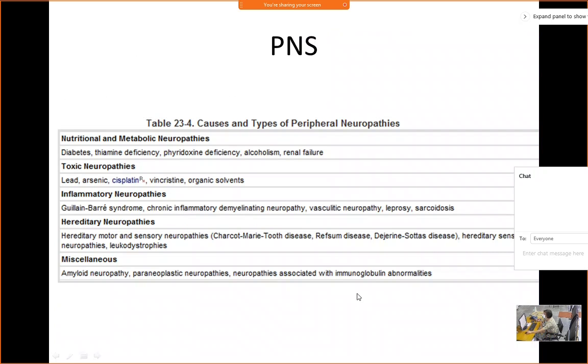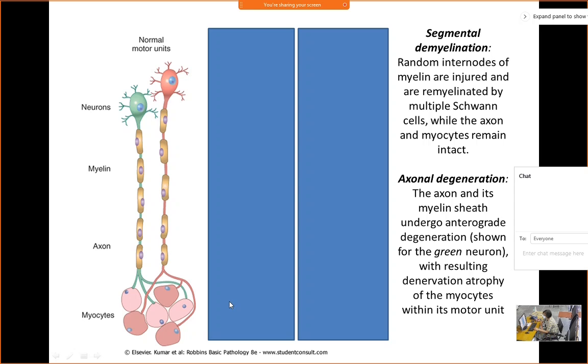So that was about soft tissue tumors. I just touched only on the lipoma part. The peripheral nervous system, here there are many types of peripheral neuropathies, which you may go through your book if you wish. This is just for general knowledge. But the thing which we are going to touch upon is just two of the nerve tumors which can come as short notes. Here, this is the peripheral nervous system.